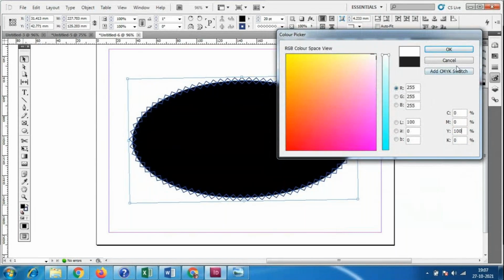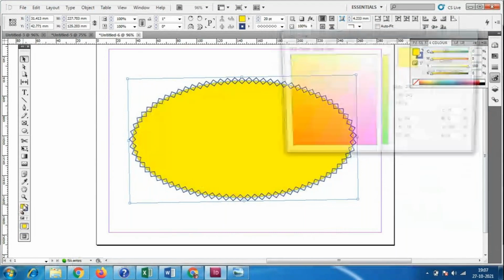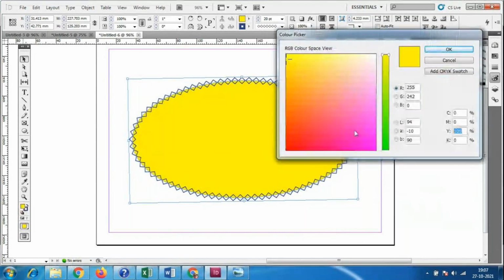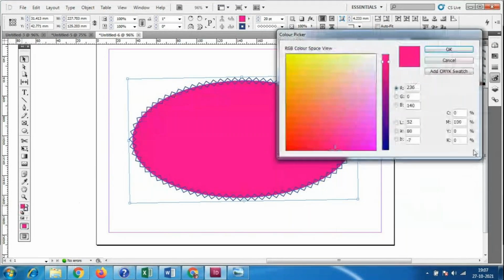See, this is 100% yellow. And let me check, 100% magenta. And cyan, let us see what color comes with the cyan. So cyan is like a radiant color.